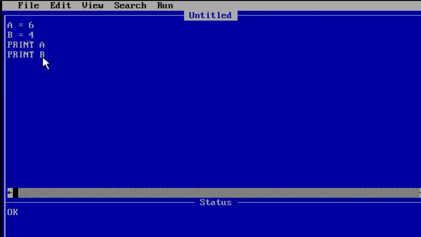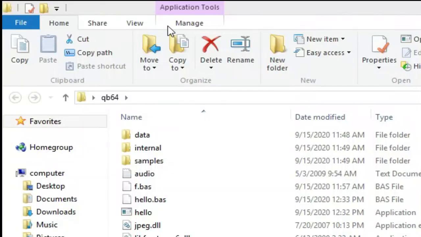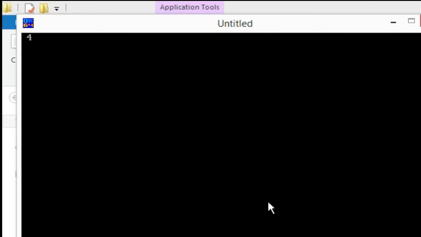Now we are doing something more, that is, suppose a equal to 6, that means the value of the variable a is 6. Now if I write print a minus 2, then run and then click on the start, it gives the result 4, because we know the value of a is 6 and we are subtracting 2 from it.